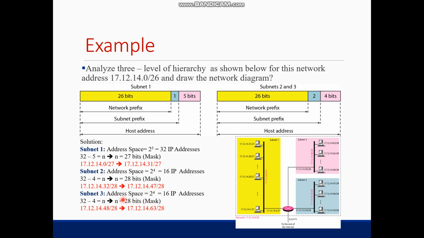While for the third one, we have 16 IP addresses, and 32 minus 4 is 28, and it starts from that address to that address. So 2 to the power 4 is going to be 16. So 48 up to 63 are 16 different addresses, and this is the same as the previous picture. This is how the first subnet, second one, and the third one get the IP addresses